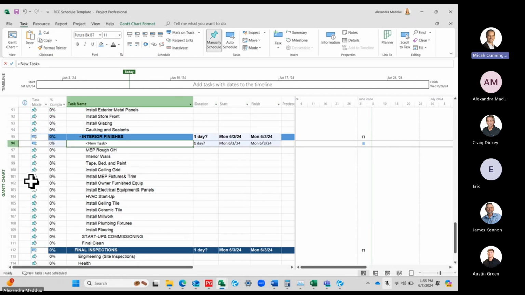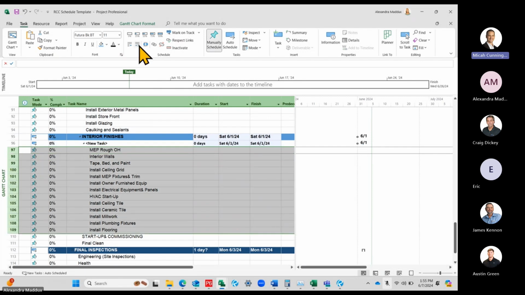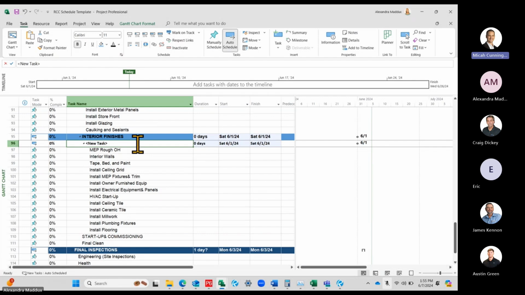We'll go through the different buttons for different ways to add a task and stuff like that. But you could add a task and actually just indent everything underneath it. So say that this is like back of house or something. You were saying, okay, OPP rough. Yeah, so you'd make that the parent task, so you'd add a task below it, and then it would pull everything off,